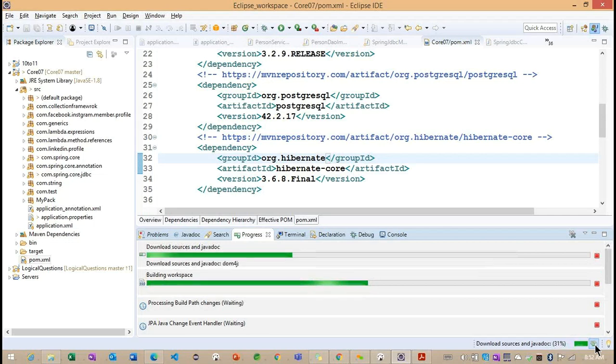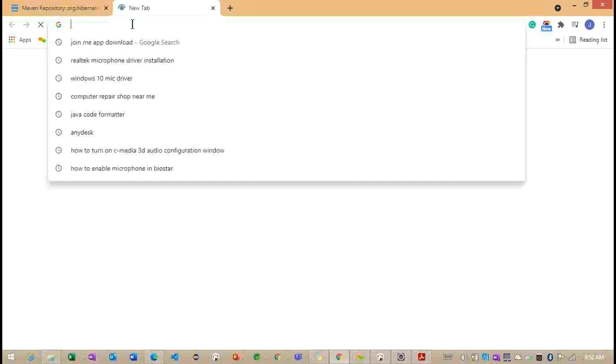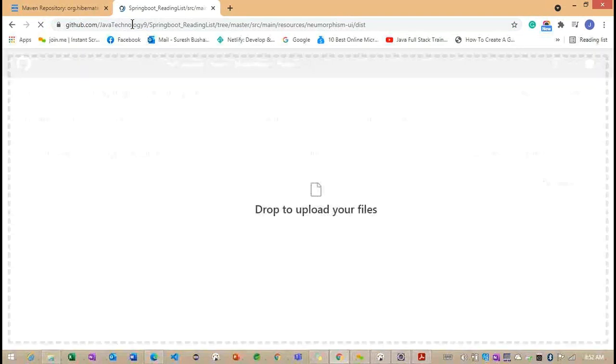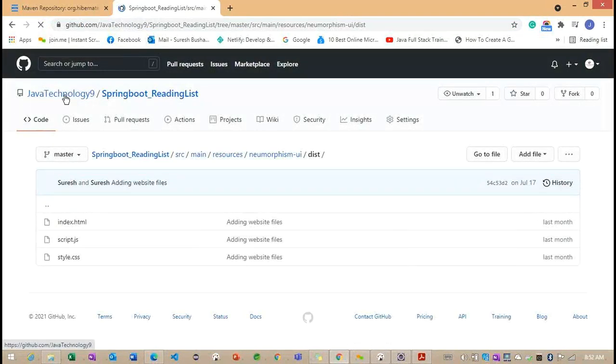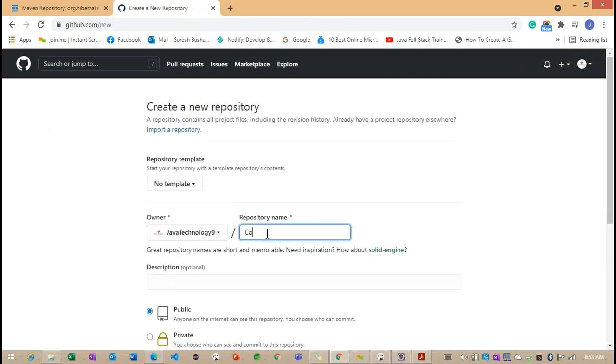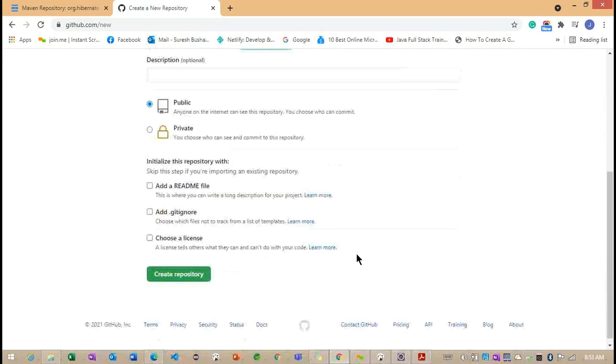Meanwhile, what I will do is try to create one repository. This is the repository I'm going to use, and core 07, the same project we created here, the same thing I'm going to use.